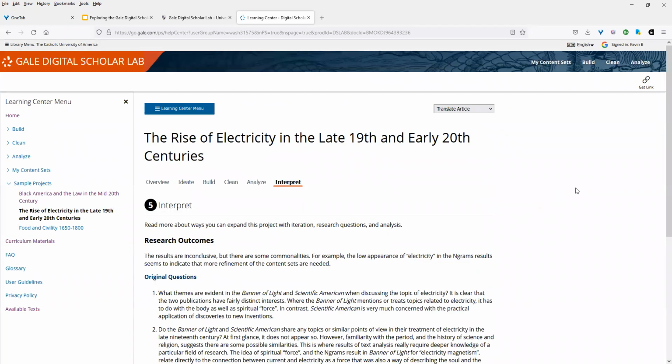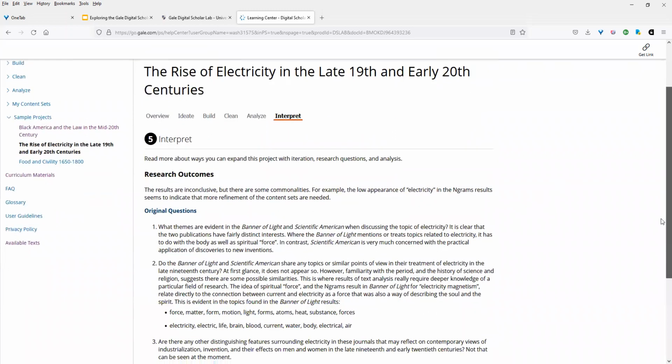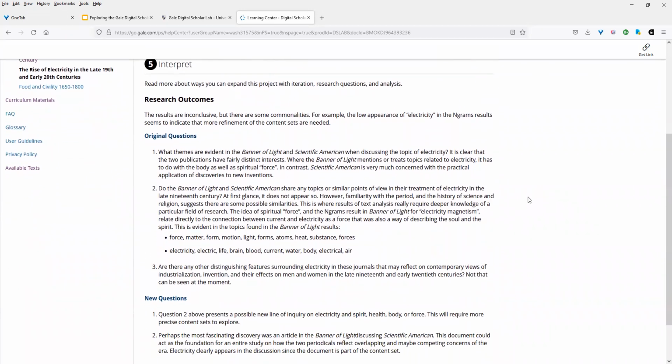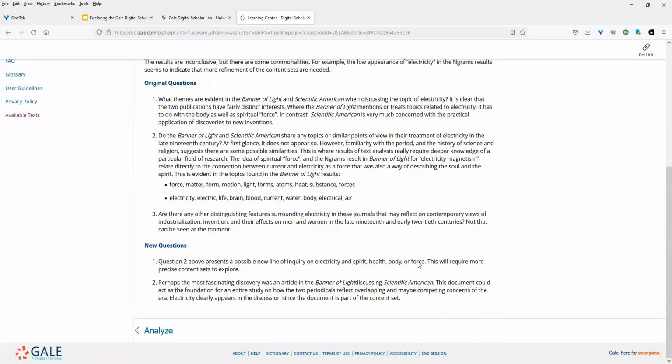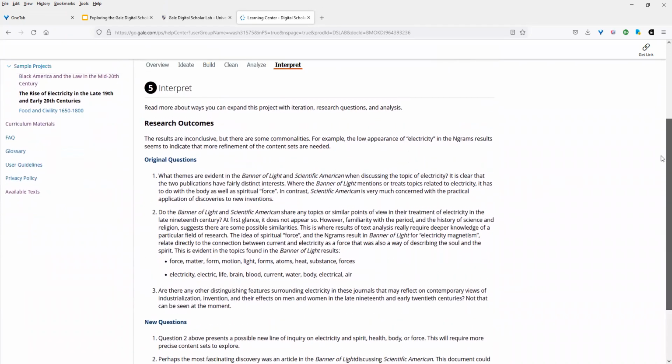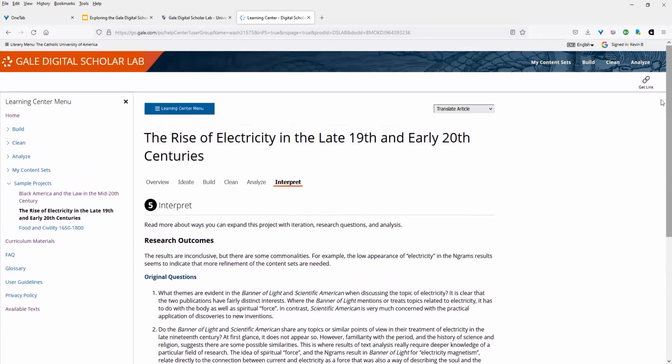And then looking at interpret, you looked at your original research questions, and then you're looking, how have you answered those questions? And of course, answers to questions usually bring on more questions. So you can look at new questions that may come out from that. And so you go back and do that reiterative process there. So, all right, so that's the